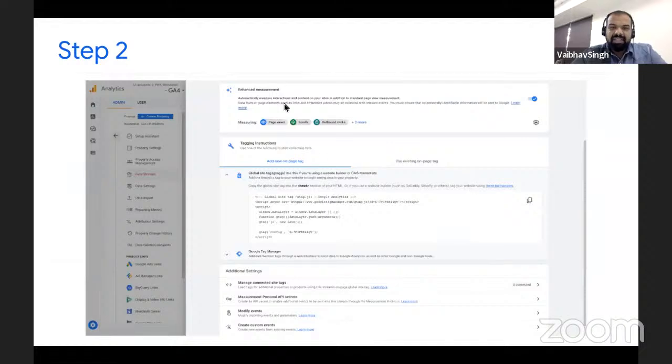Now, you could match the previous points which we have covered on this screen. In the enhanced measurement, you could enable all these measurements. These are auto-enabled, so you don't need to take any action over it. But you could see what more enhanced measurements are added to your website. And in case you want to create some more custom events, you could also do that from GA4. But for a basic start setup, you don't need to do any manual actions. All these things are pre-filled for you and will be automatically applied when you upgrade to GA4.